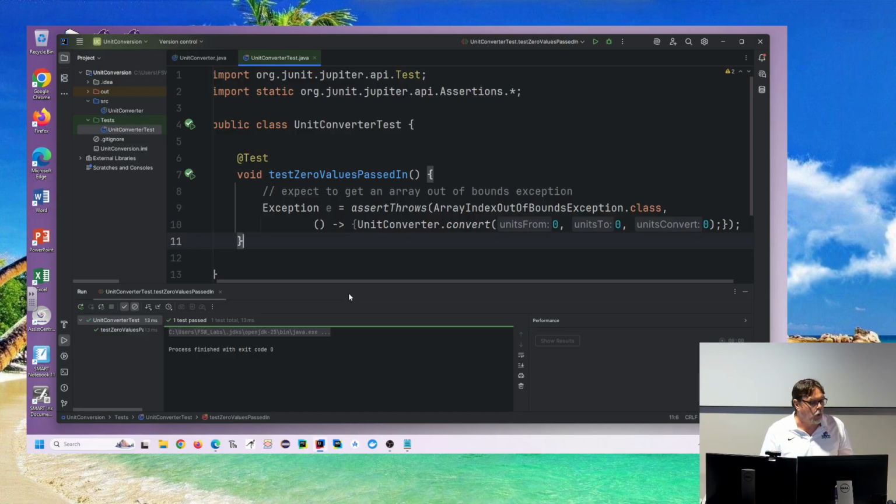Now, I mentioned before equivalence classes. So I've already got a test for passing in 0 values. Okay, well, that was very specific. But what if I want a test for